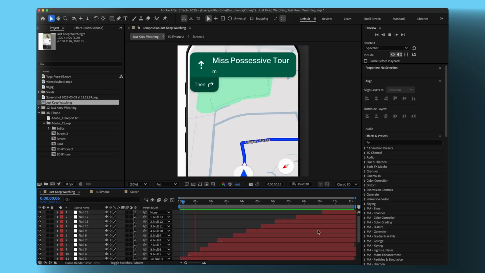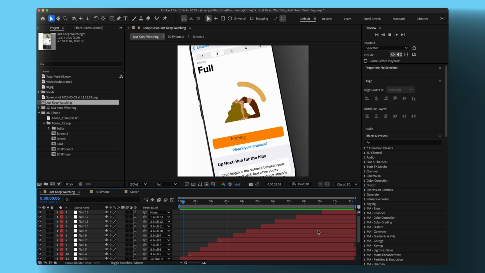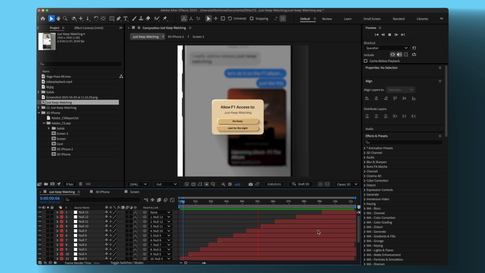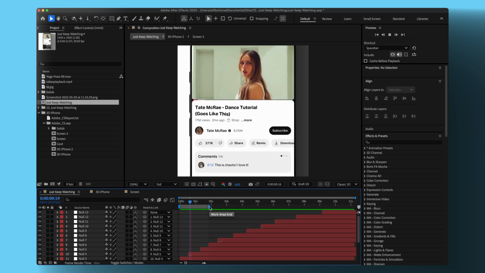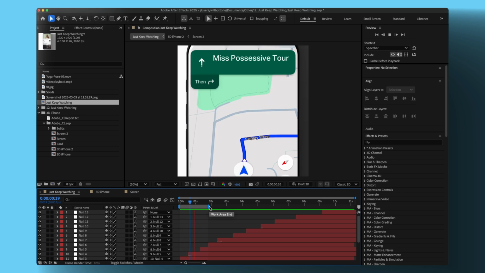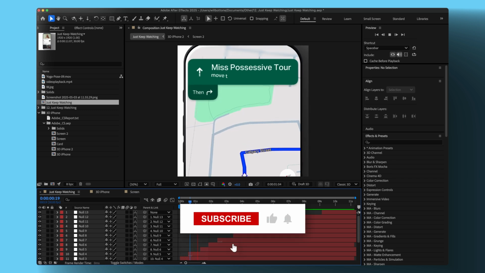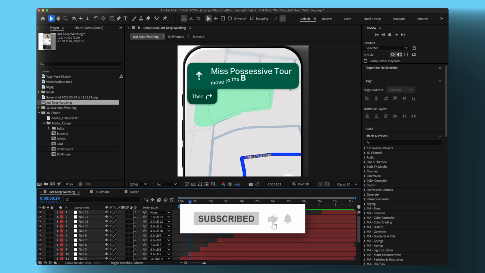So this is a video I recently posted on TikTok. Now I know this looks like a lot, but I'm not going to overwhelm you with all of this. I'm going to start by looking at the text animation. Here I've used a bounce effect, which we will explore later in the video, but for now, let's look at